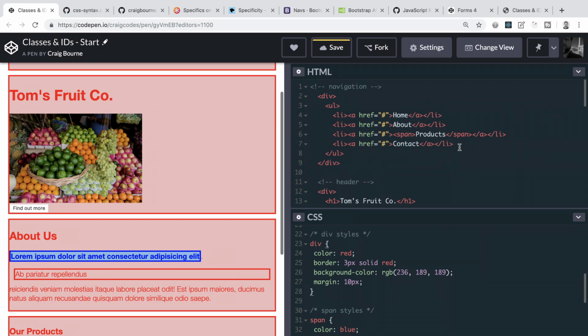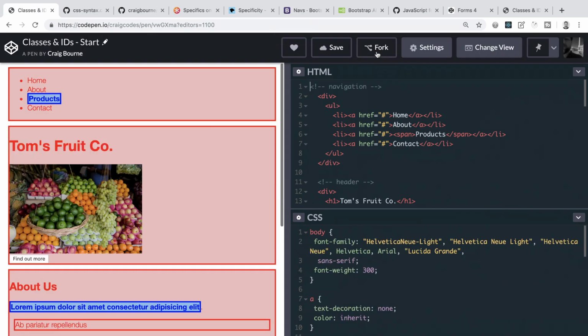So I'm going to work in this same file that we had at the end of the last video, and if you want to code along, the link to this is in the description below. You can either grab it from the GitHub repo or work within this CodePen that I'm using here. It's totally up to you. If you work in the CodePen, make sure that you click this button to fork it so you can save your changes. Also, I'm going to begin writing the classes and IDs manually for the remainder of this video rather than using Emmet shortcuts, and I suggest that you do this as well,